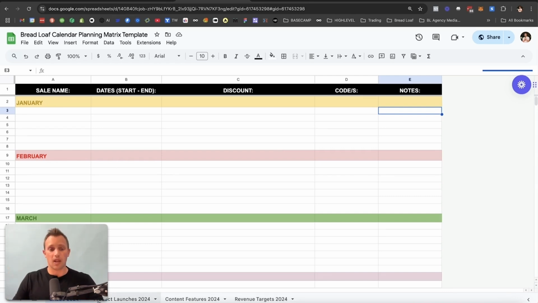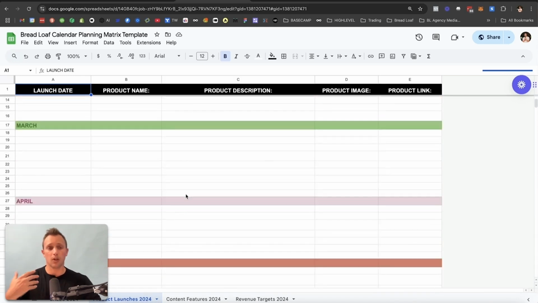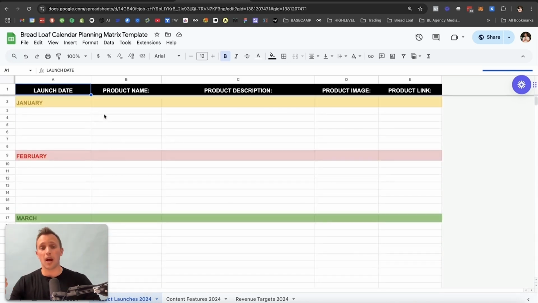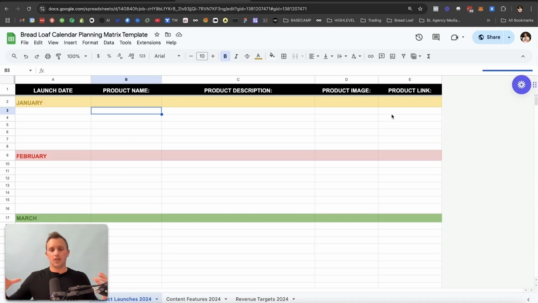So we start off with sales, then we go to product launches, right? You're going to want to bring out the launch date, the product name, the description, any links to images, product links if available. This is where you let everyone know what you're planning to launch month over month. Once again, you're in D2C eCom. You need to be launching products monthly. And this will help you forecast what is happening month over month so you can plug those dates into